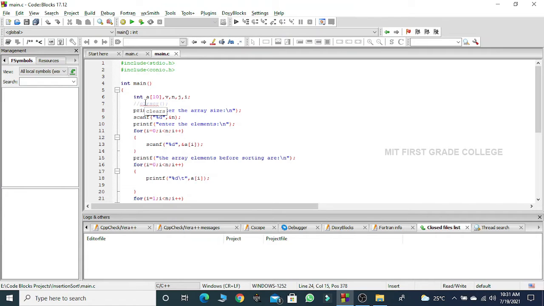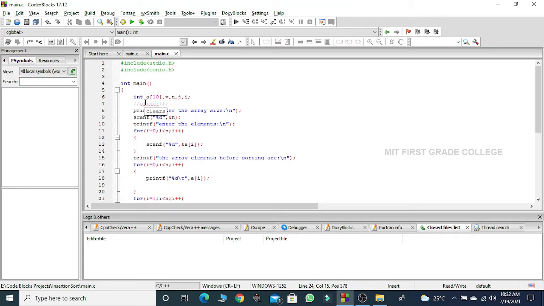After incrementing, I again go back and check the condition. If this condition holds good, I enter the for loop and read one more element. Now the read element will be stored in a of 1. This iterates until the value of i is less than the value of n.